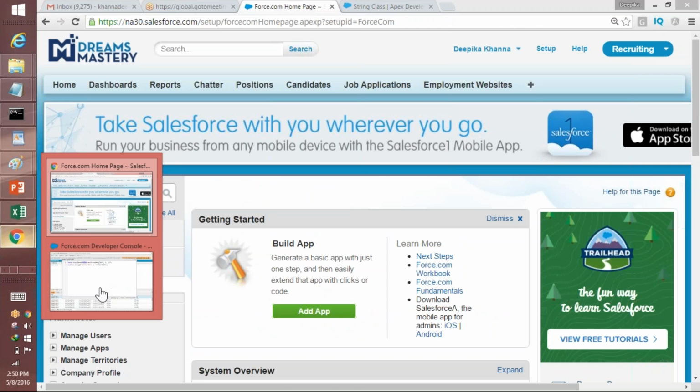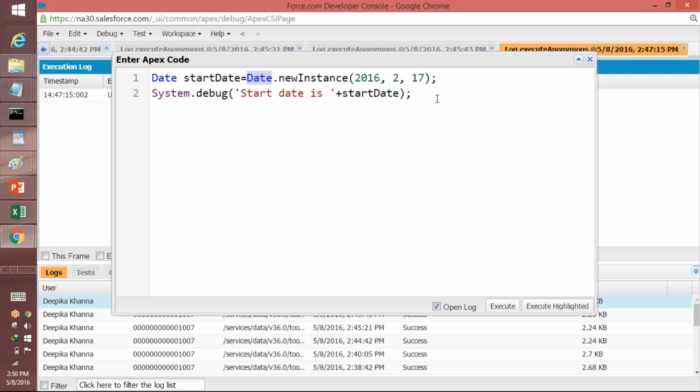Okay, going back to yours. So this is the start date. Similarly, you have a class called time. Do you guys know what a class is? Do you know what classes and objects are? An object is an instance of a class. And what is a class? A class is a collection of methods. No, an object is a collection of methods and statements. A class is a collection of